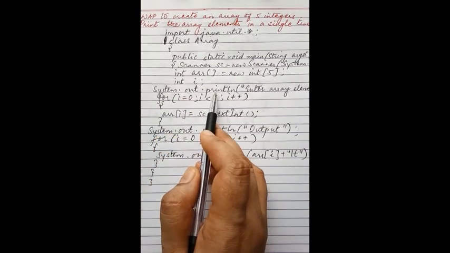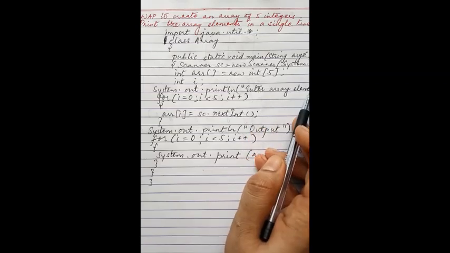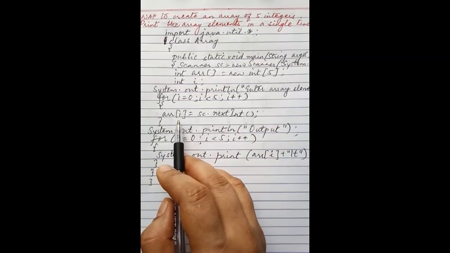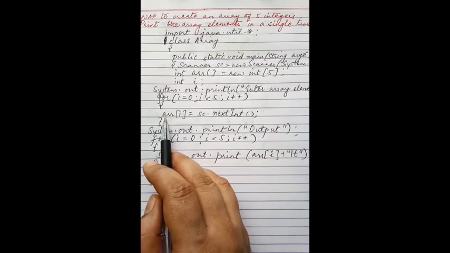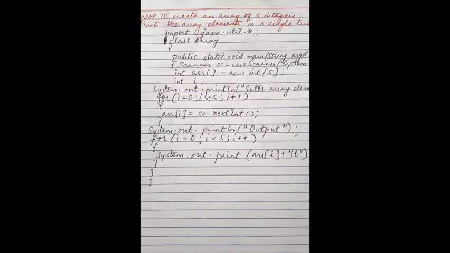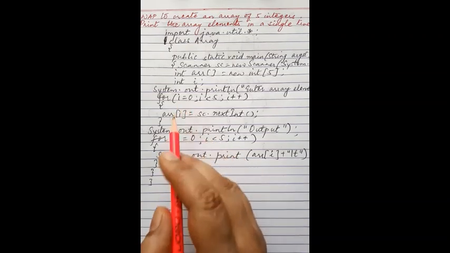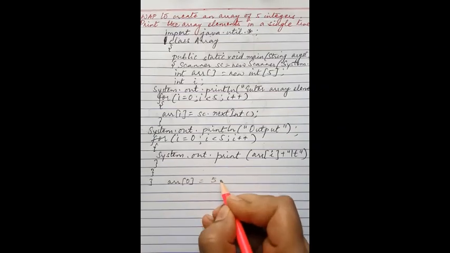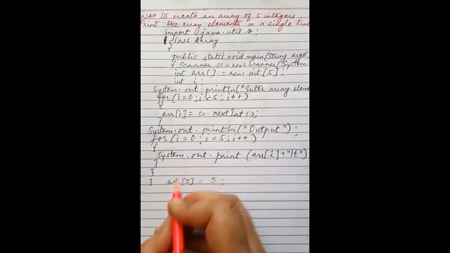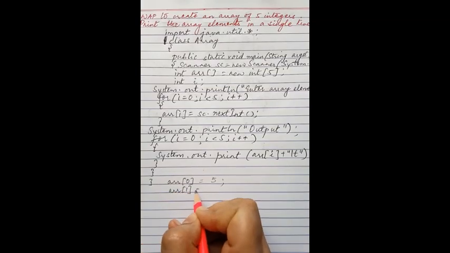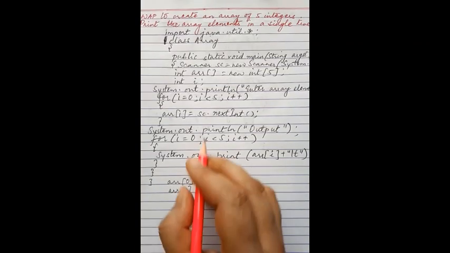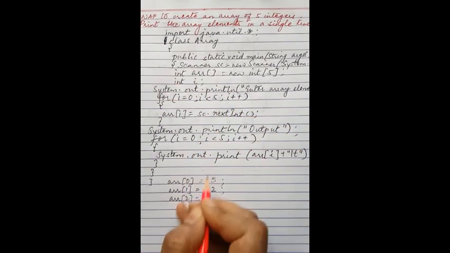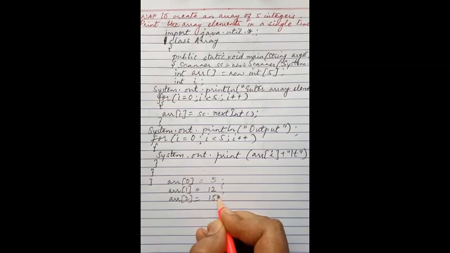Now System.out.println, the message is enter array elements. For I equals to 0, I is less than 5, I plus plus. This is how we enter the elements into an array. ARR at position I equals to sc dot nextInt. When I equals to 0 in the beginning, so ARR at 0, we will be entering a value. Suppose the value entered is 5. Now I is incremented to 1, so the next value will be entered at ARR at position I. Suppose say 12. Next I is incremented to 2. Is it less than 5? Yes. So next value we are entering here.